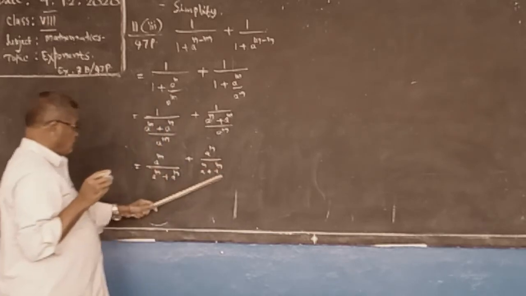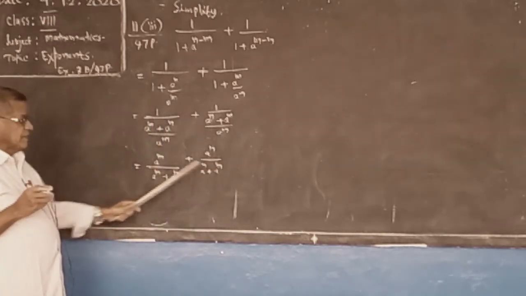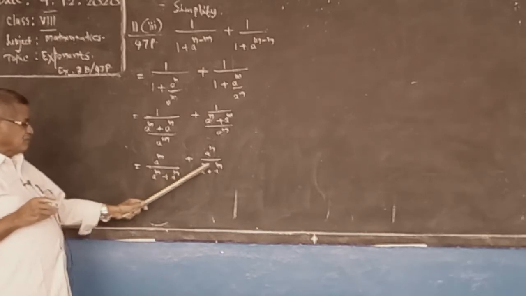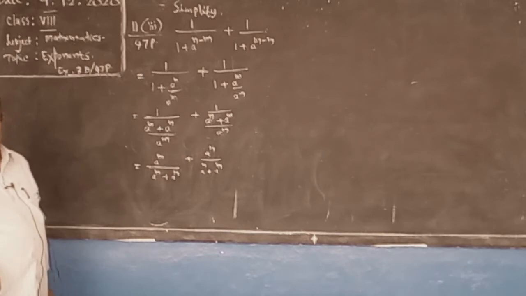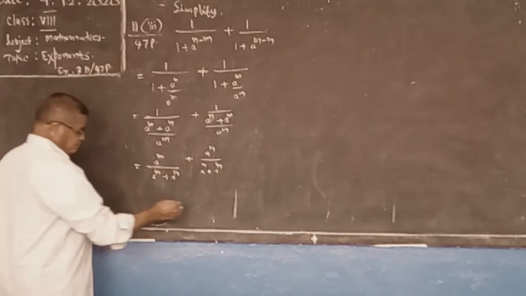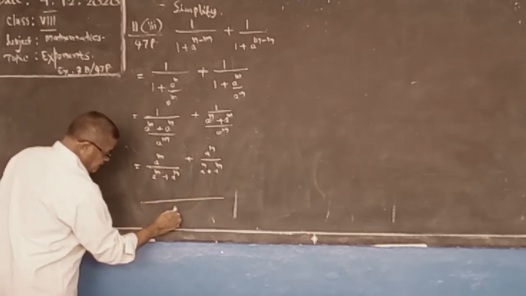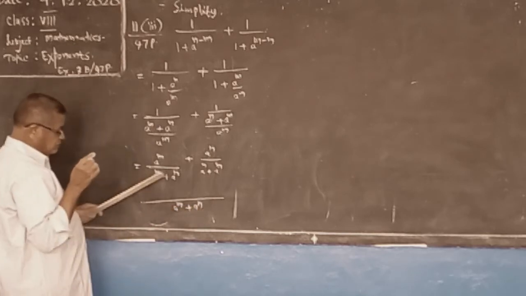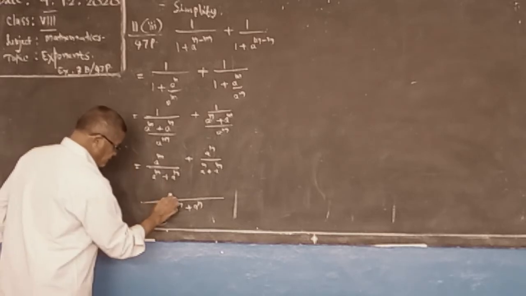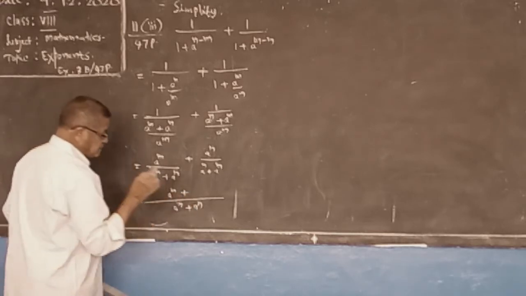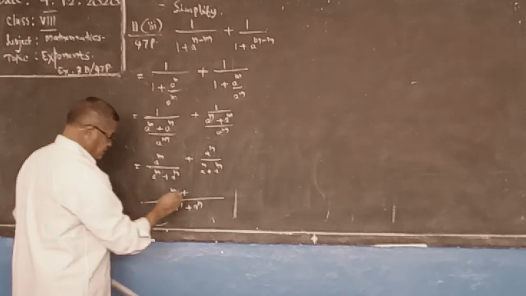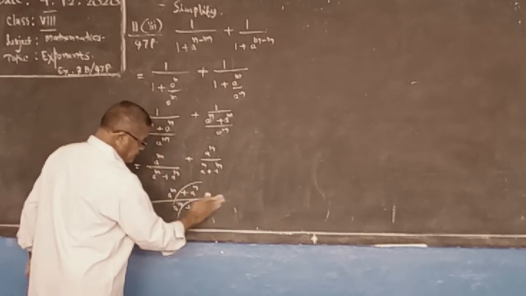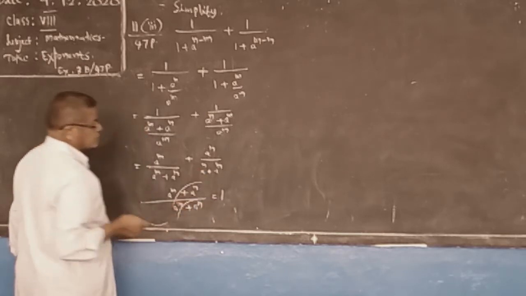Here both denominators are same. Take LCM. If it is a plus b, suppose, then it is b plus c. According to commutative property, both are same. Now LCM is a to the power of m plus a to the power of n. Same terms. Write here a power m plus a power n. Both numerator and denominator are same. Its value is 1.